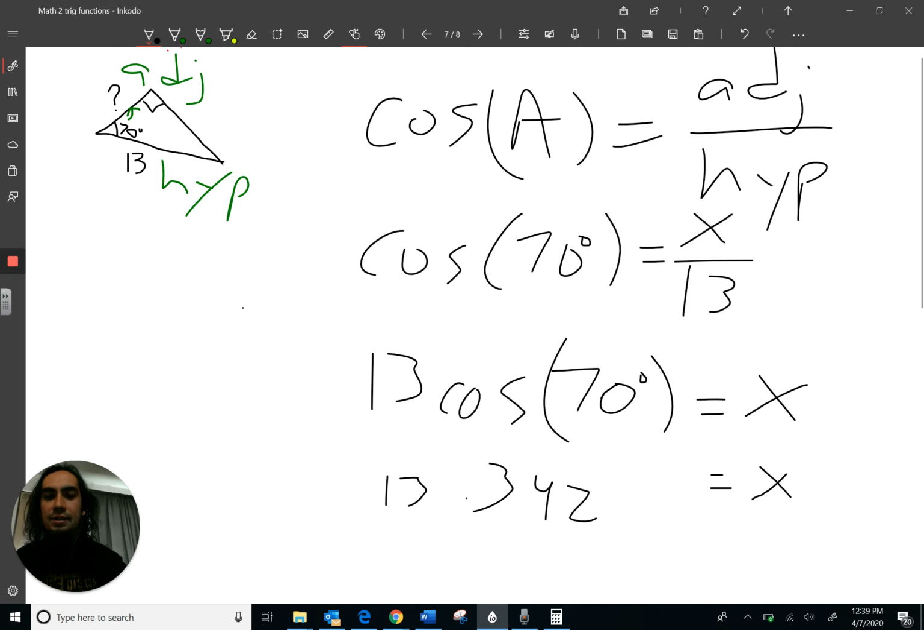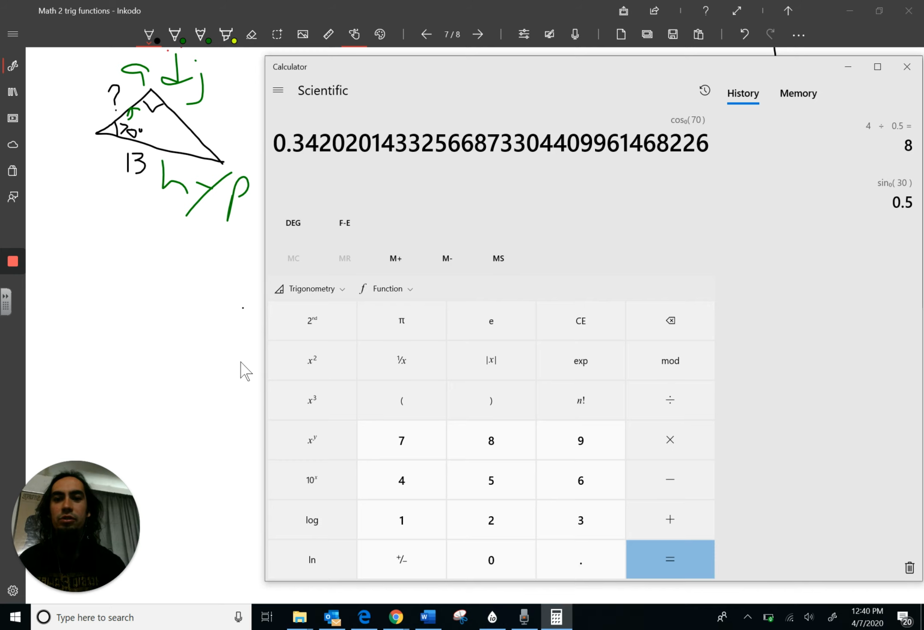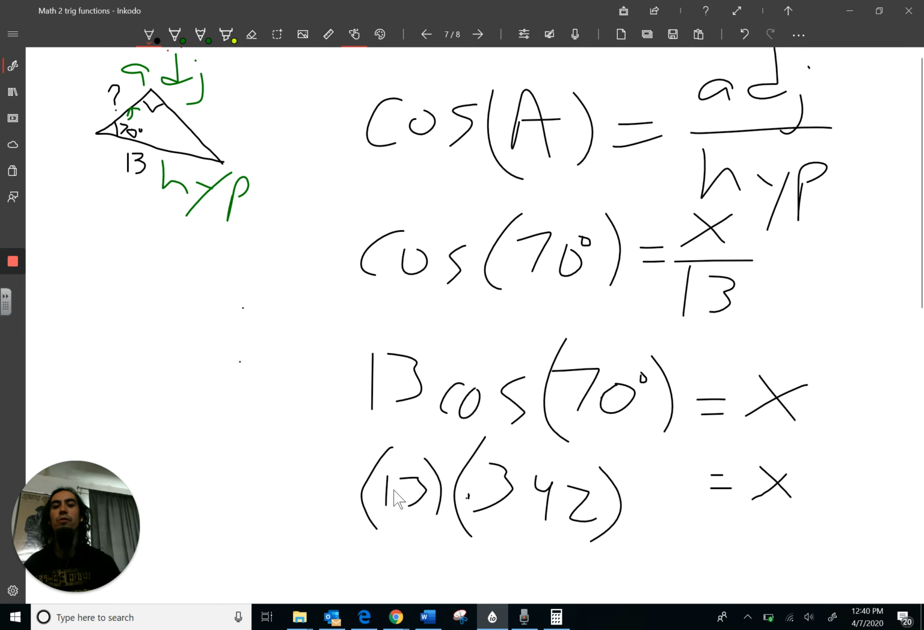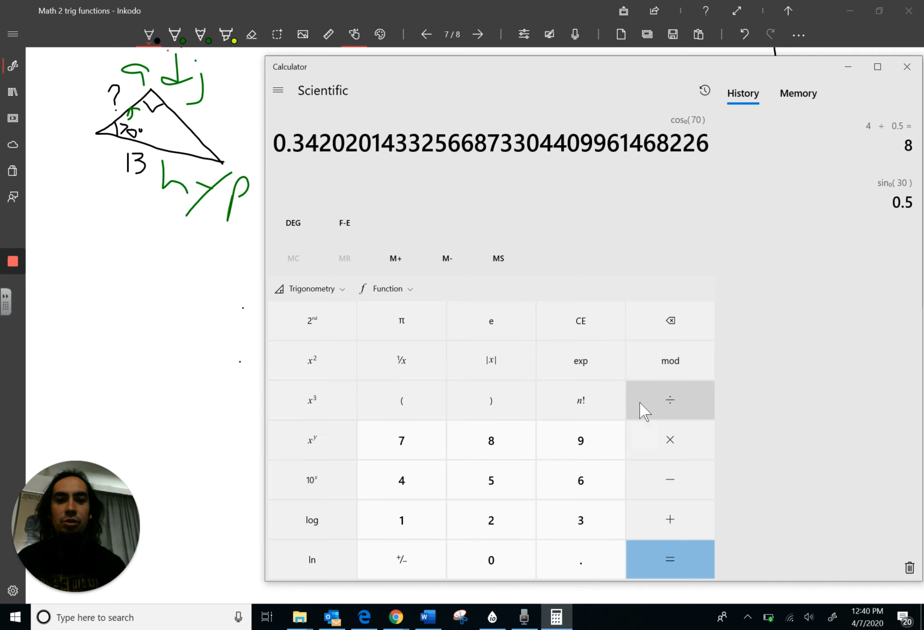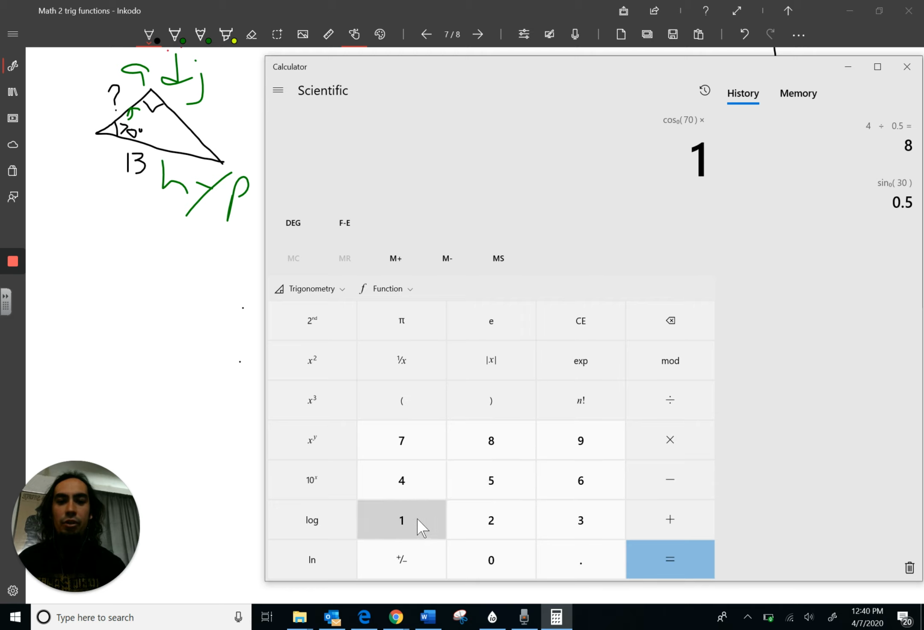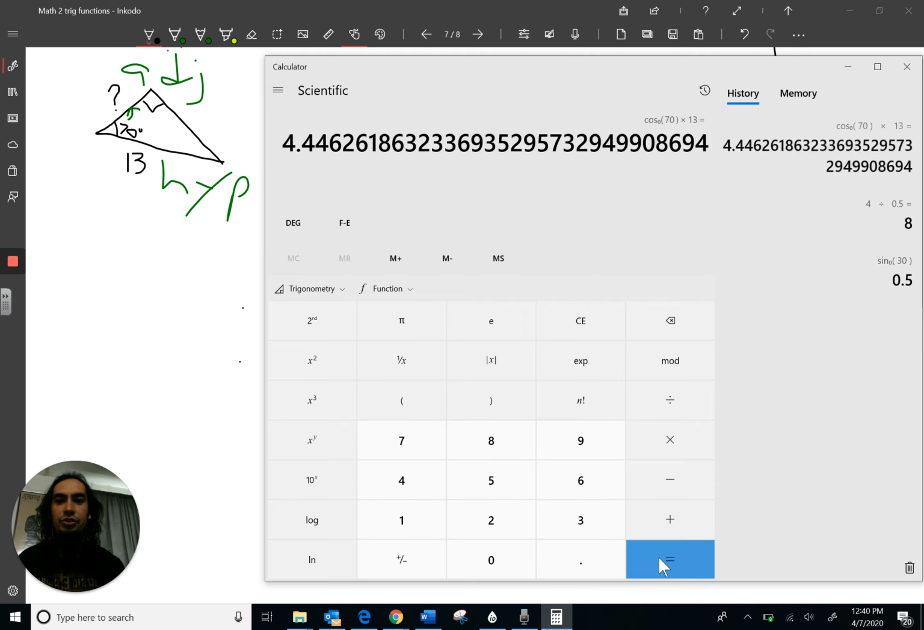Okay, I did something on purpose because I've seen this before, so please don't do this. This is 13 times cosine, so make sure you do 13 times 0.342. That's what x is. Okay, well, what is 13 times 0.342? All right, now I'm going to do times 13 equals, bam,